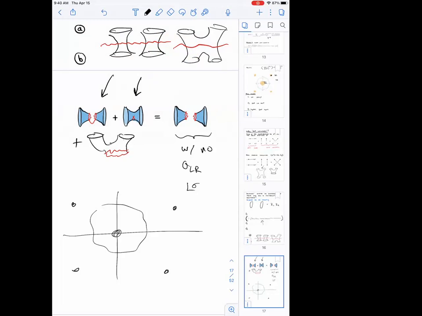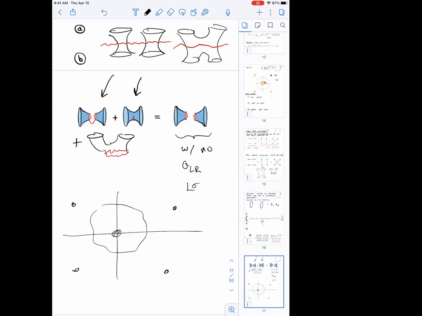Maybe another question. A lot of times people have made the criticism that, okay, you have all these possible solutions, but you should also include all the other saddle points. So in addition, you should include the wormhole. From this equality, it doesn't seem right that you should include both. But is there another argument why one should not include both the wormhole and the possible configurations at the same time in the computation? From this equality, it seems like you would overcount if you include both, so you shouldn't do that.